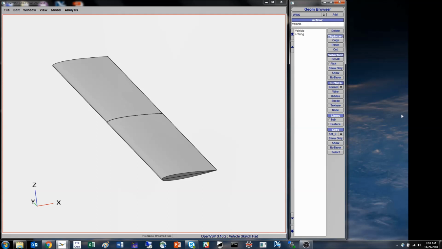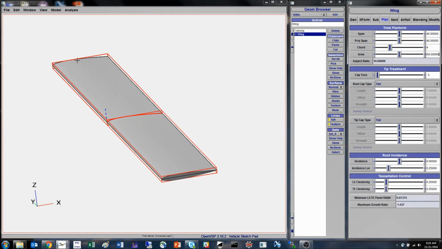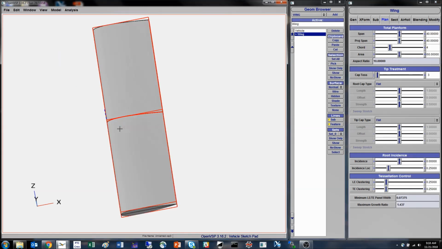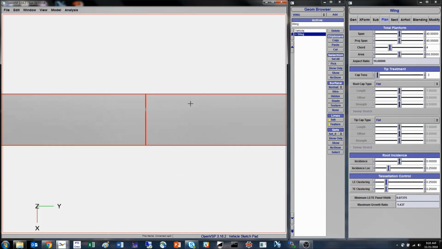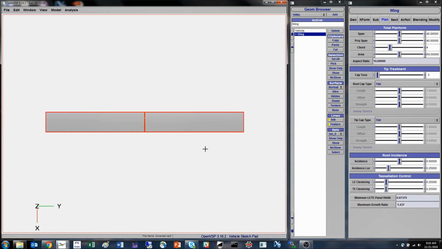of the video. So to begin, if we click on our wing, we'll have a placed wing in here. I've already set some values that make it a rectangular wing. I've shaded it so that you can see the surface reasonably well. I'm just going to jump to a top-down view so we can start talking about some of the parameters that